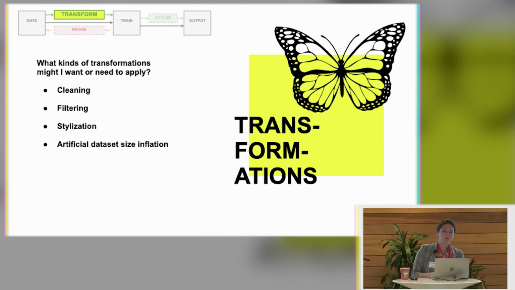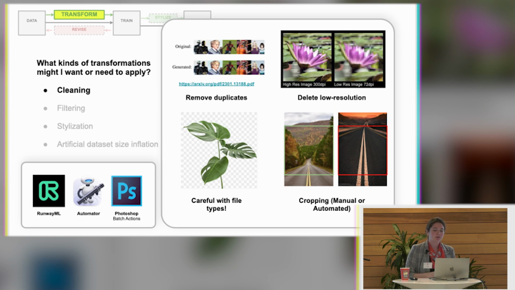So what kinds of transformations might I want or need to apply? Those could include things like cleaning, filtering, stylization, or artificial data set size inflation. I mentioned before, it can be very laborious to collect all of these images, and I'll get to that in a second. So in terms of cleaning,